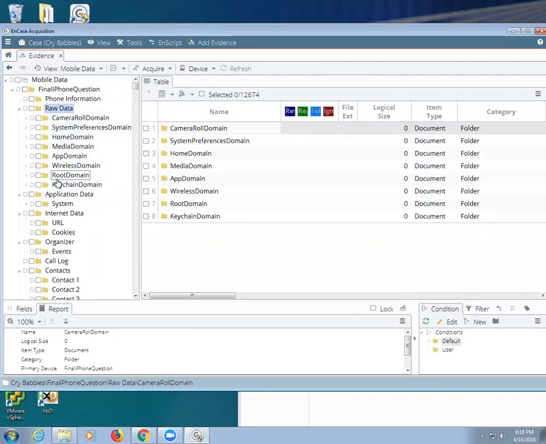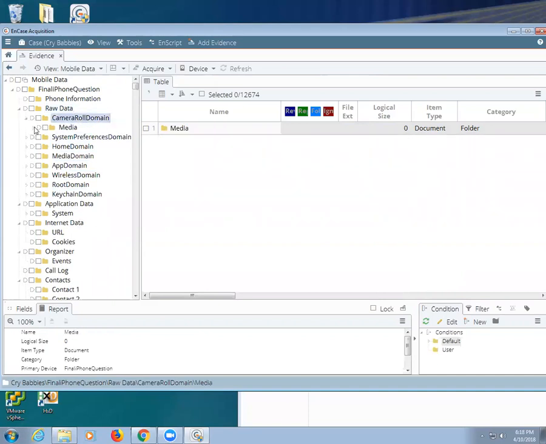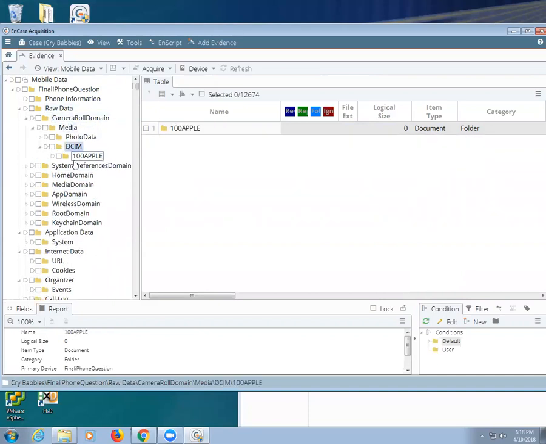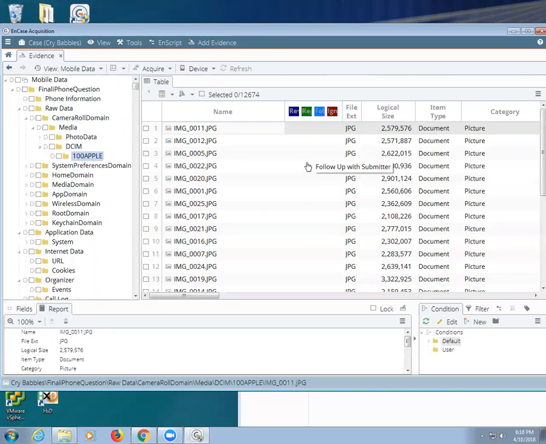Camera domain. Okay, camera, oh, there they are. Can we still see them? We can still see them? Seriously? Oh, but there's no gallery view. You can't actually see them. So you can see some of it, but you can't see everything, which sucks. That's because I'm in acquisition mode.